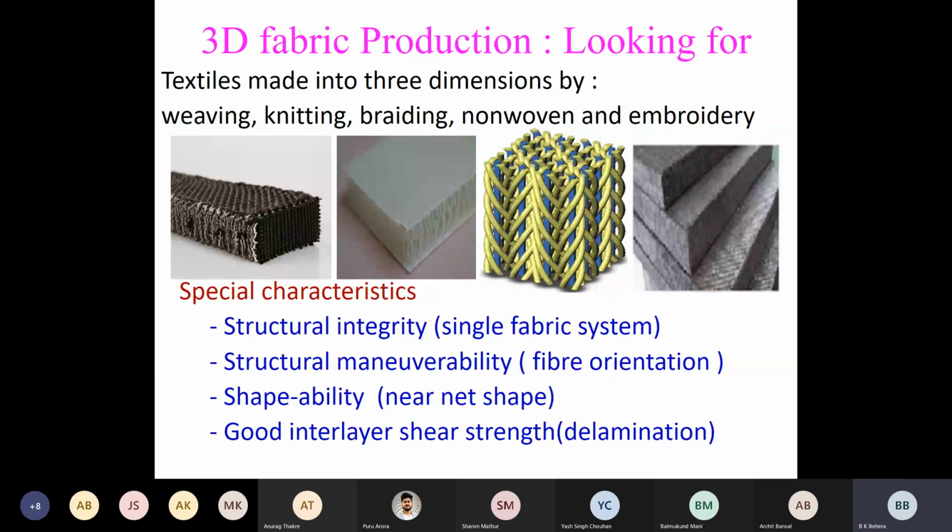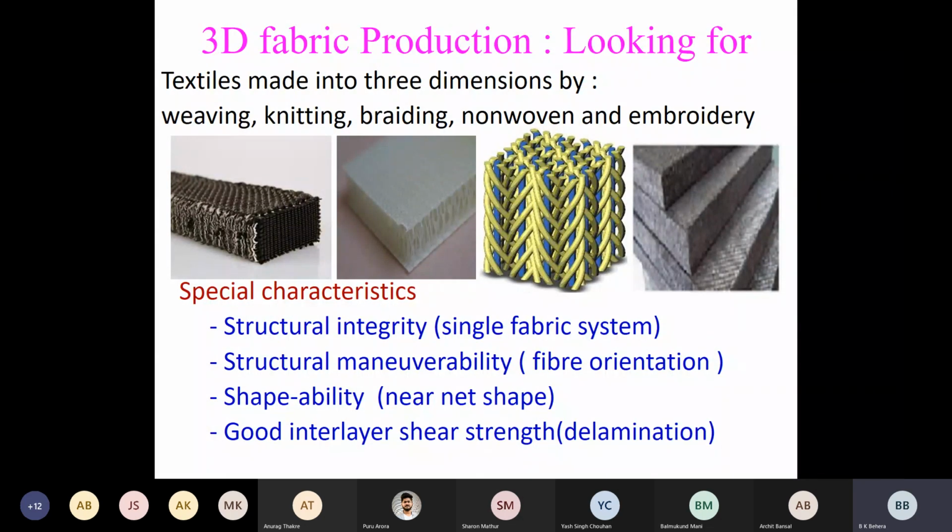This point I explained very well last class. Single fabric system. Today also you will see in manufacturing how structural integrity is obtained, how a single fabric system 3D fabric is different from the multi-layer stitched 3D fabric. That is the meaning of structural integrity. If it is a multi-layer fabric solid structure, all the layers are integrated by virtue of the weaving technique itself, not by stitching or by lamination. That is the meaning of structural integrity.